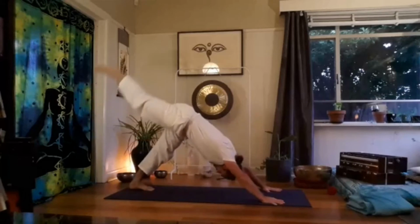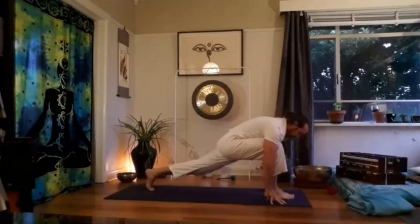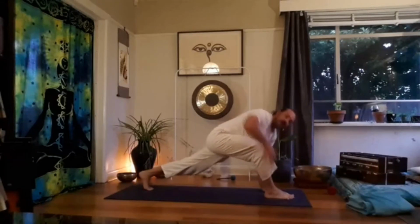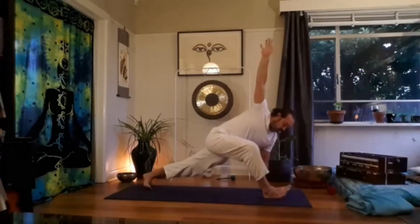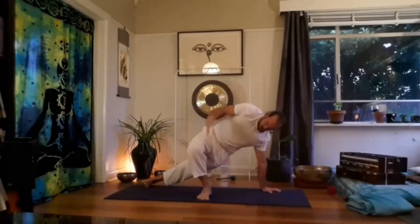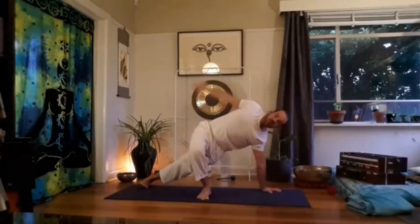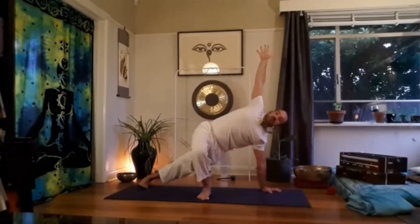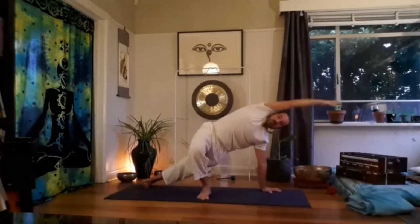Inhale, left leg up. Exhale, stepping forward. Again, planting your right hand, you come into your twist. We'll go a bit further if you want. Rolling onto the outside edge of your right foot, moving that left foot to your hip level, reaching back with your hand and you lift your hips, reach your left arm back up, keep lifting your hips, maybe reaching forward